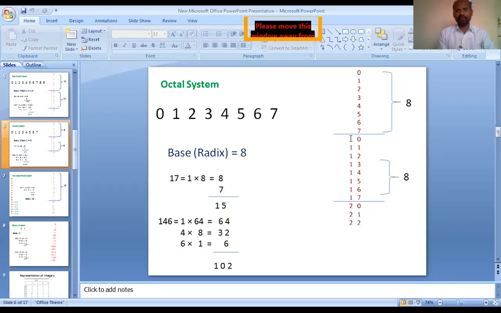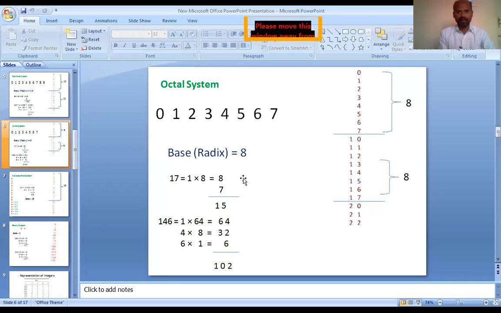But here what we do is we add 1 here. 1 means we have used all the symbols one time. All the symbols means 8 symbols one time. Like this: 10, 11, 12, and so on. We repeat using all the symbols a second time and third time and so on. Let's say what this 21 refers to. We have used all the symbols twice. All the symbols means 8 symbols twice, and the current counting is on 1. Like this.